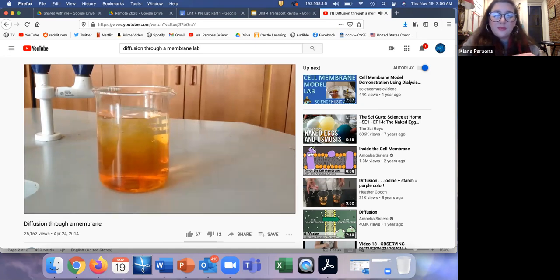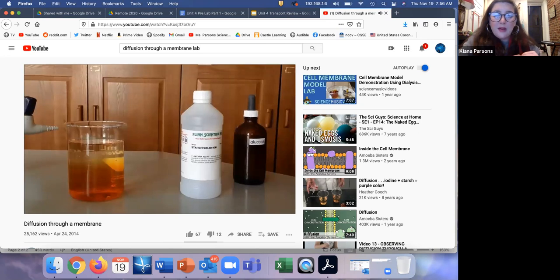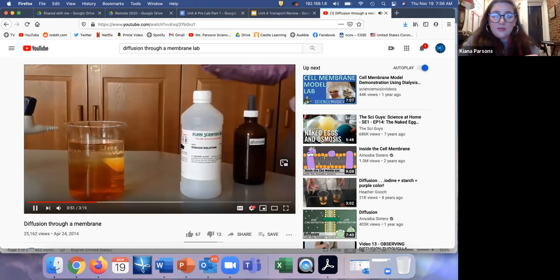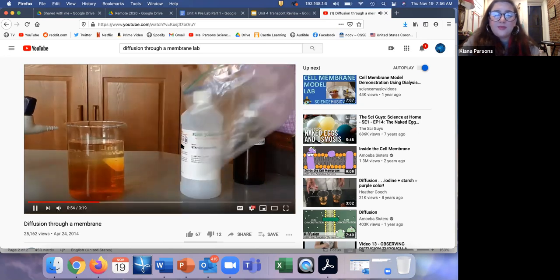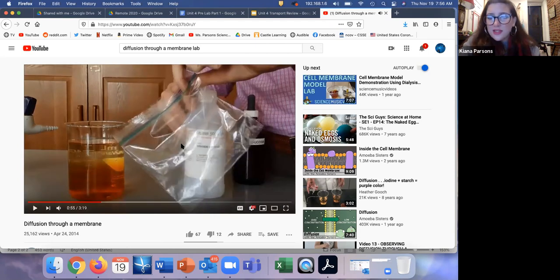The next part of the procedure is to add the starch solution and the glucose solution to the Ziploc bag, which is our model for a membrane. So first we'll add the starch. Interestingly,